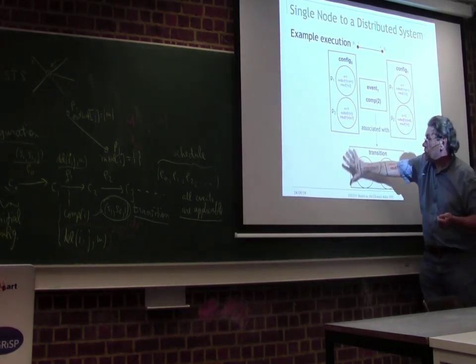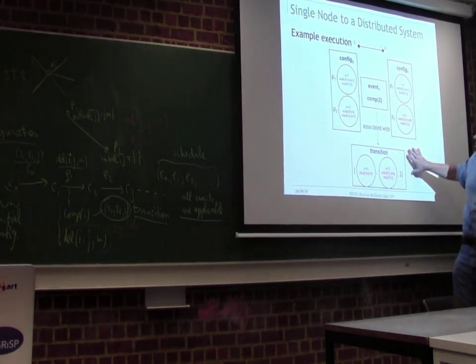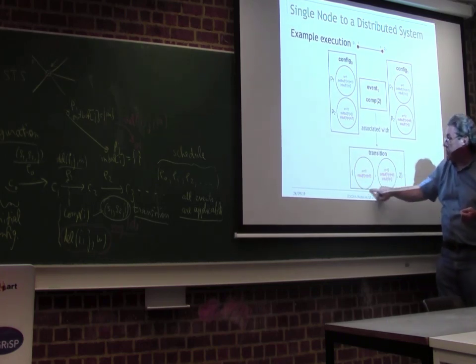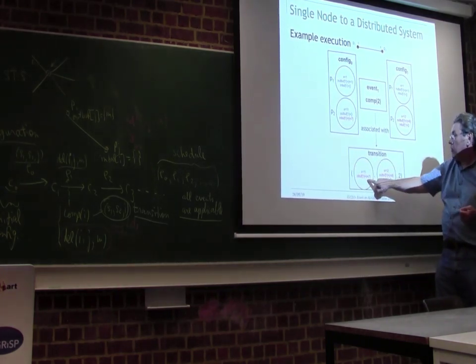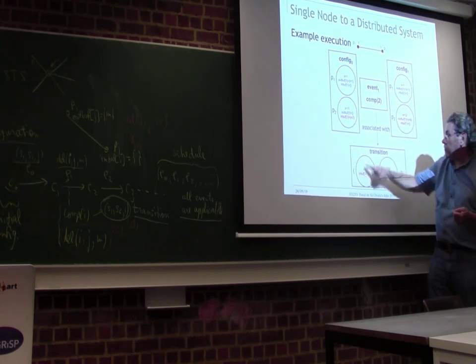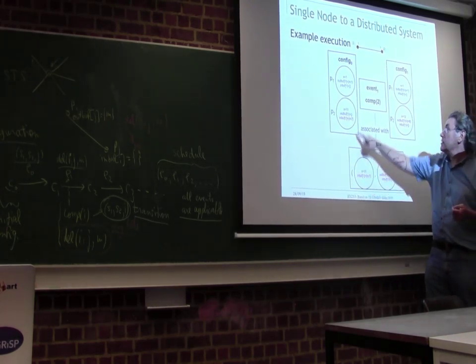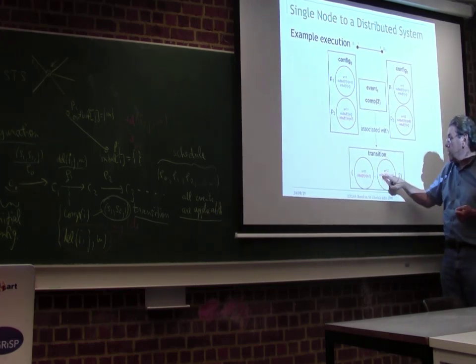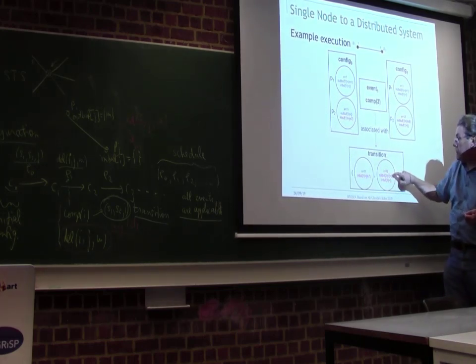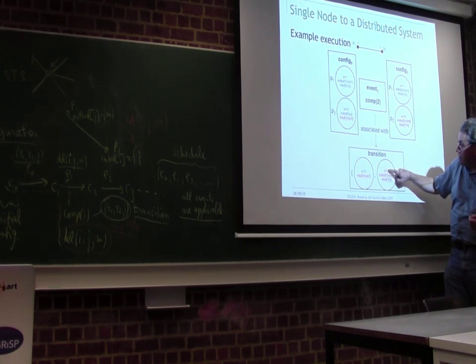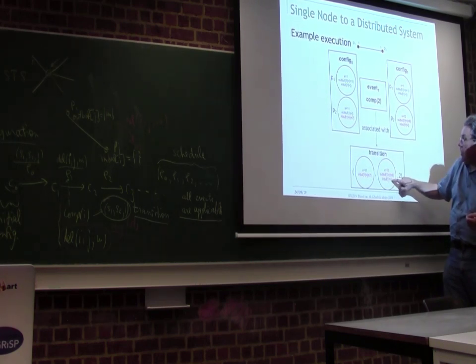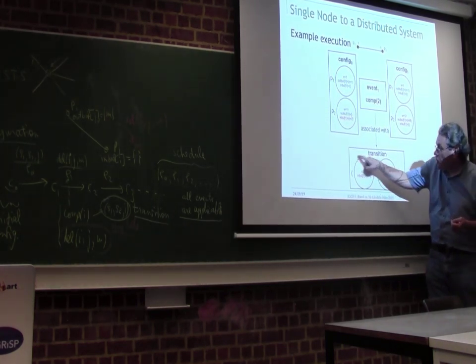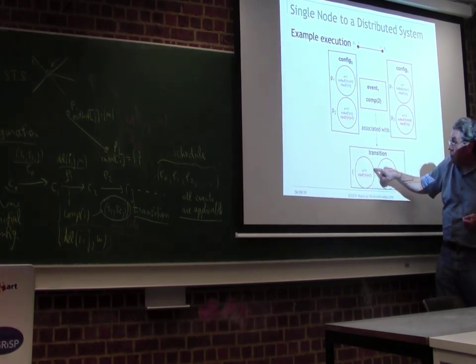So this actually corresponds to a transition. Okay? Here we have the accessible state. So the in-buff here is M7. The X is 11. So this is the input state. The output state, here we're actually adding M8 to the out-buff. And the X is 12 and the in-buff is empty. Okay? So here notice that we're looking only at the accessible state.